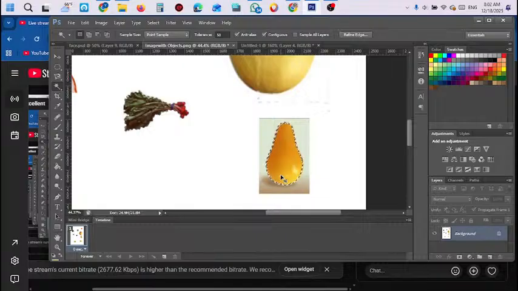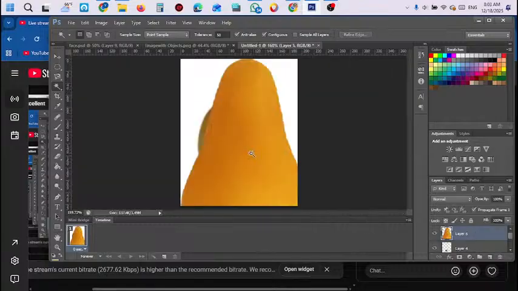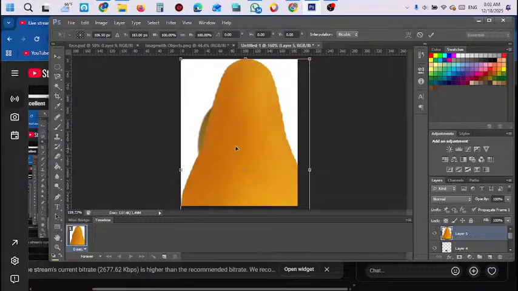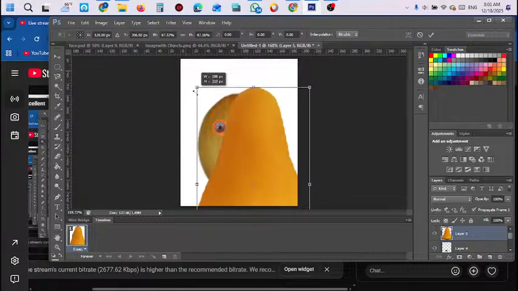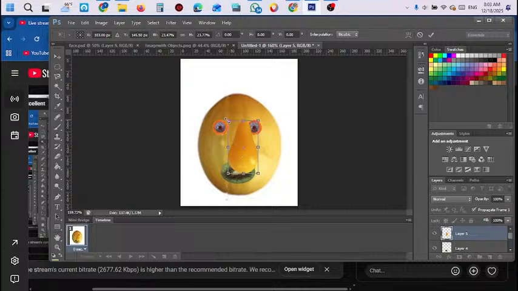Now we have to Control C for copy and take the mouse to here and paste. Control T, and again we scale while pressing the shift key. And place the mouse by using the arrow keys, you can